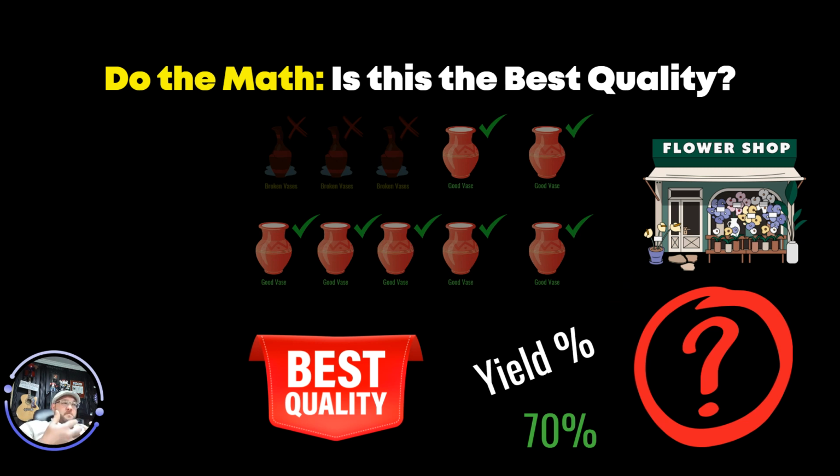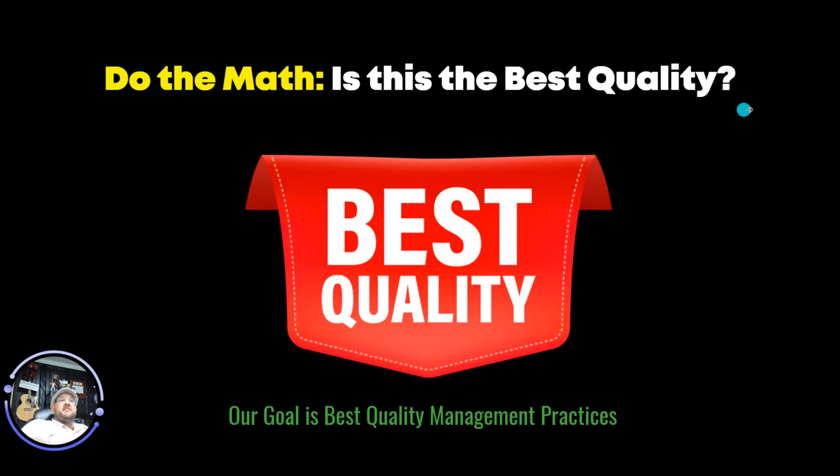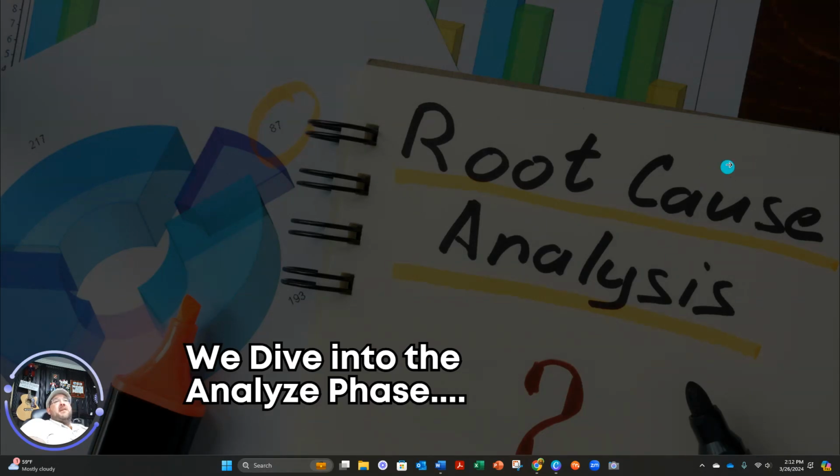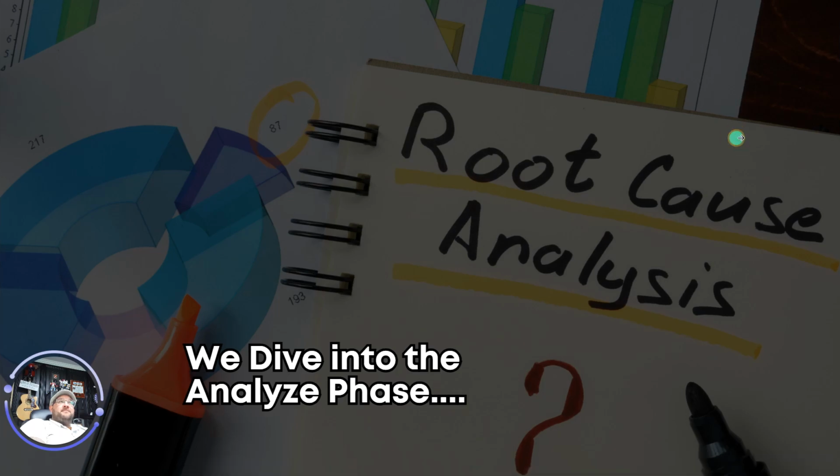So now that Sally's gone through and measured her problem, what about the next phase in the DMAIC system? Well, that's where you have the analyze phase. In the analyze phase, we try to find what's the impact and understand how this process is affected. So diving into the analyze phase, it's kind of like understanding the root cause of issues so we can fix them and improve.